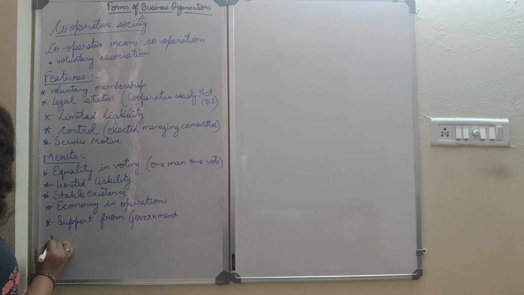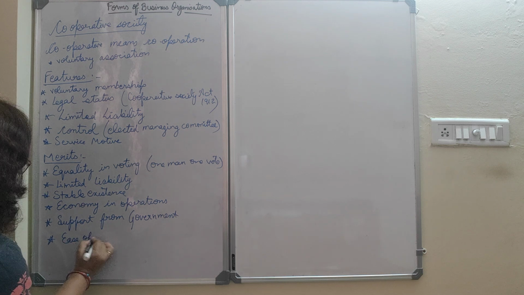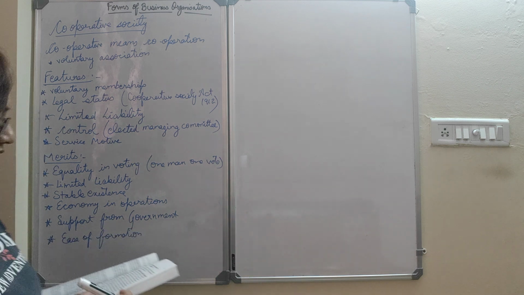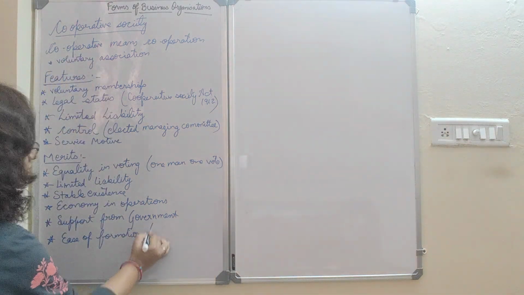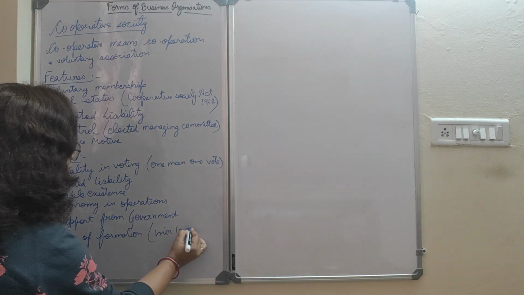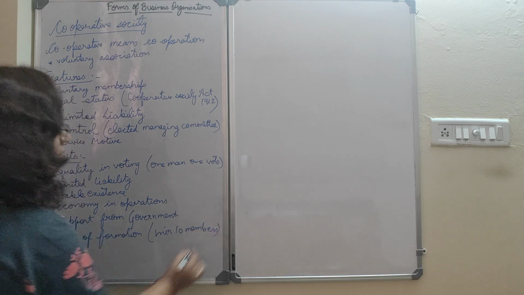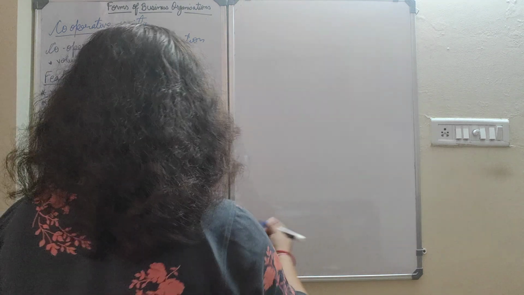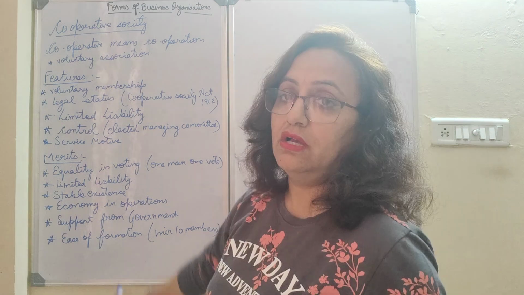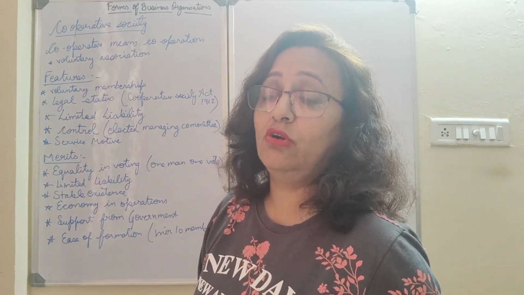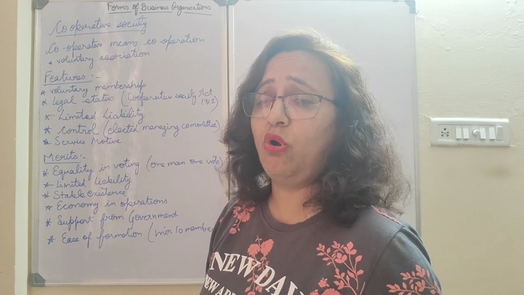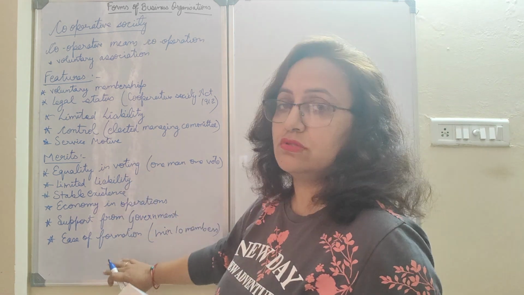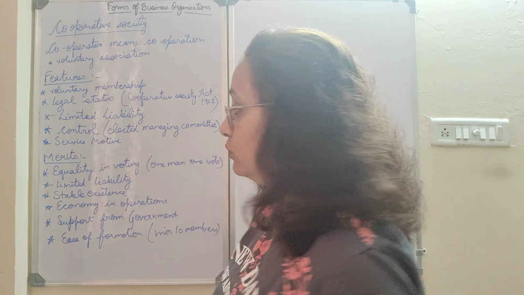Then next, ease of formation. Why ease of formation? Because the cooperative society can be started with the minimum of 10 members. So remember this, even 10 members when they join hands together, they can start this kind of society. And registration process is also very simple. A person is scared of starting a business when the government harasses the individual or there are lots of legal formalities. No one will be interested, right? So in cooperative society, the legal formalities are also not too many.